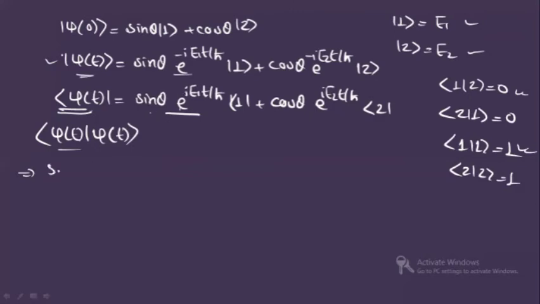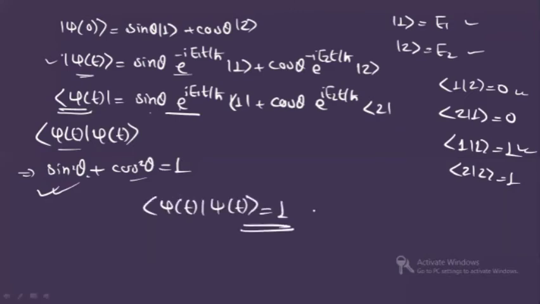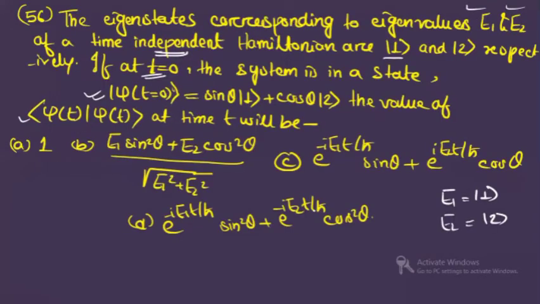So you will get here sine square theta, right? It is positive, it is negative, so it will become e to the power 0, that is 1. And this will give you 1, right? Plus, again, this will give you only cos square theta. And in the right hand side, this entire term will give you the value of 1, because sine square theta plus cos square theta is equal to 1. So this is the value of psi t, that is 1. So the correct option is option A. Clear? Now let's see the next question.